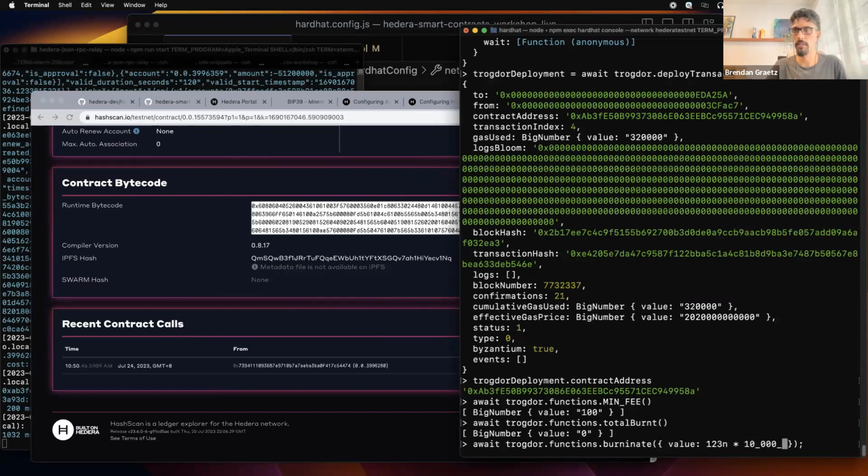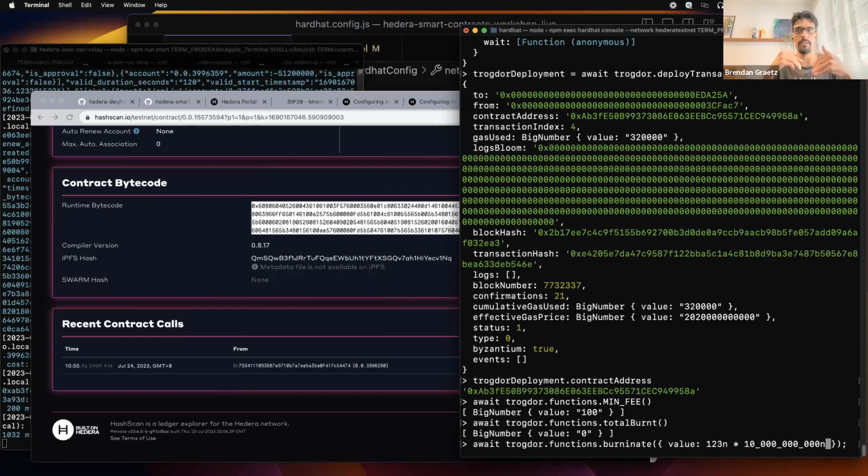And the reason for this, let me just make sure that I get the right number of zeros, right? It's because previously, inside of the SDK JS tutorial, when we set the payable amount, it was just 123 tiny bars, and the SDK understands that natively. Now, when we go through the RPC, we're going through an EVM compatible layer, and when we do that, we actually need to convert between tiny bar and something called waybar because